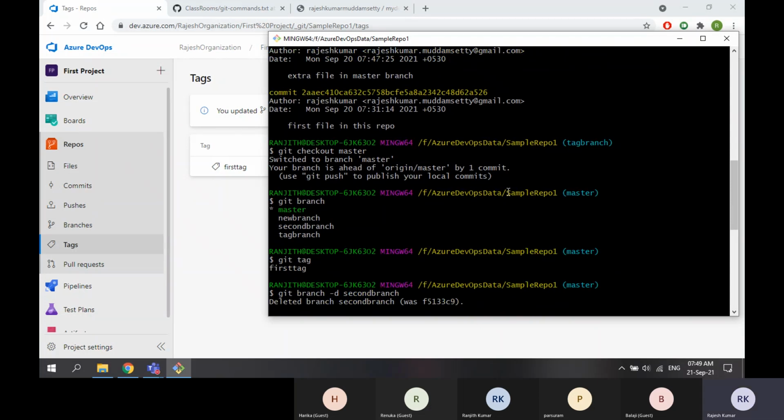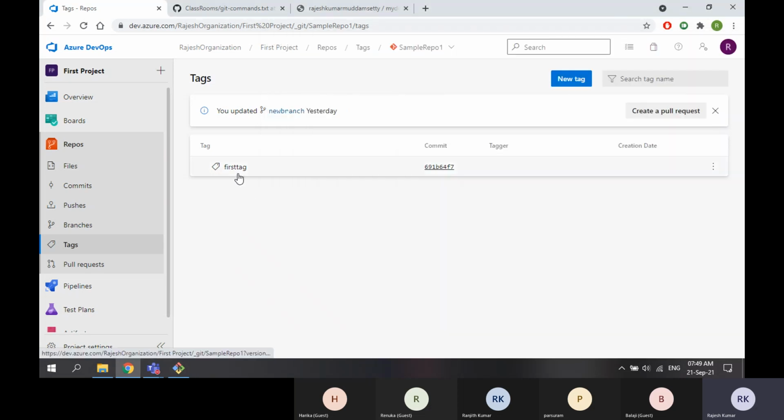So this is how you create tags and use them in future. You can make branches from tags, and those tags can be used locally or pushed to a remote repository.